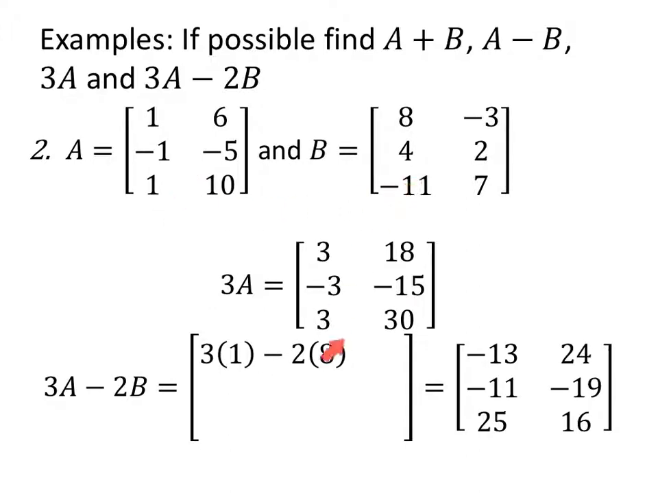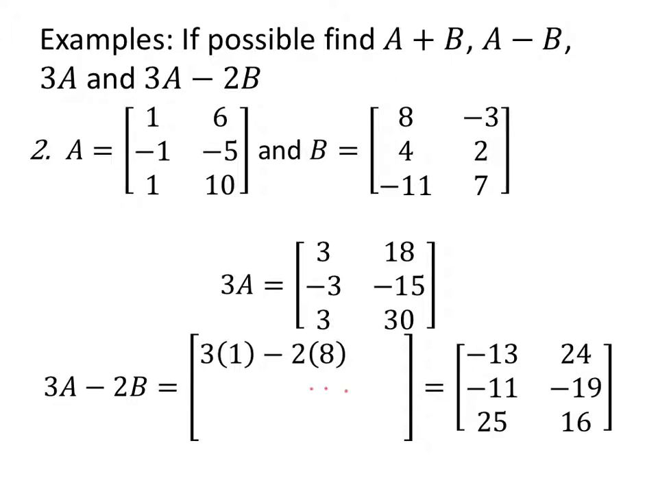Same A and B as on the last slide. 3A, I just multiply each entry of A by 3. 3A minus 2B, I was too lazy to write it out. That's not too lazy, a little bit too lazy. But also that was going to take a huge amount of room on this particular slide. So let's just put here,